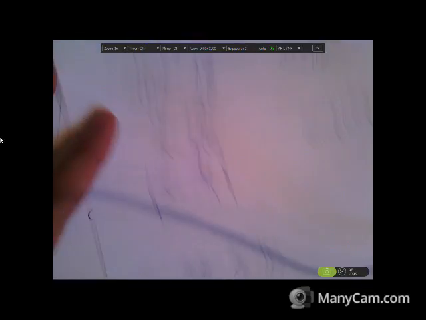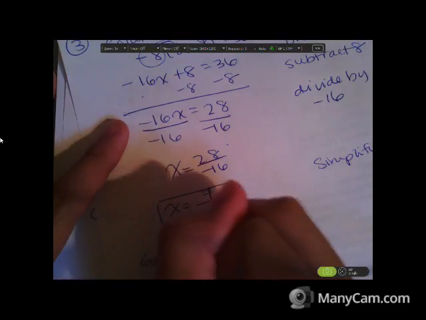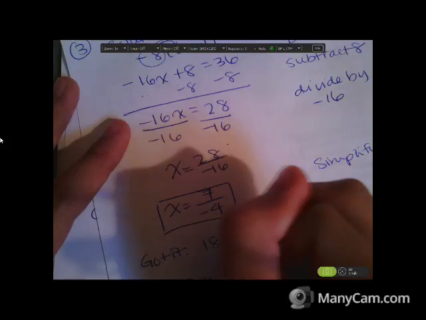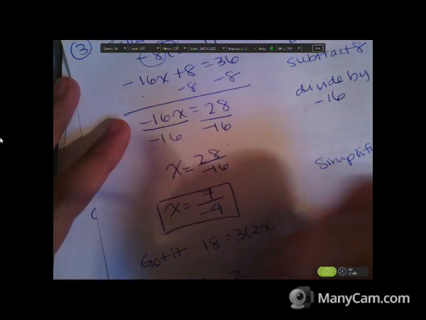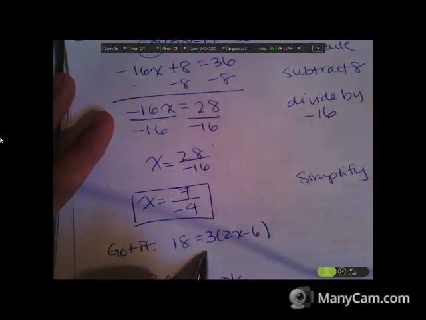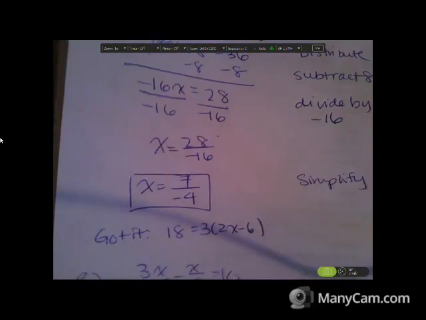So, why don't you try the got it? And the got it is, this is the got it, so I want you to solve for x for the got it. Alright,